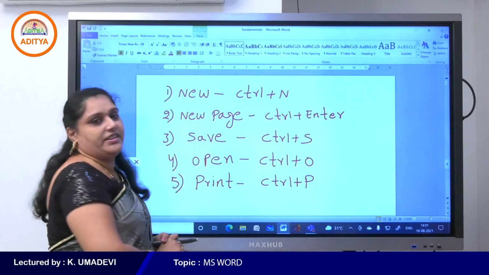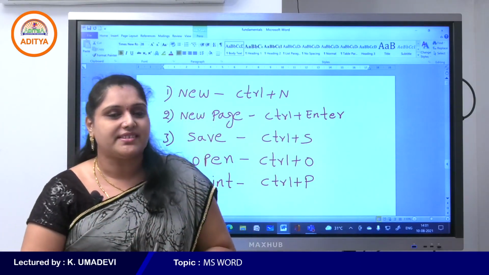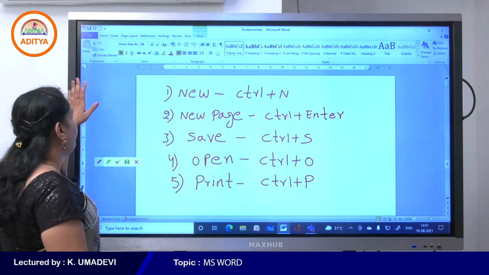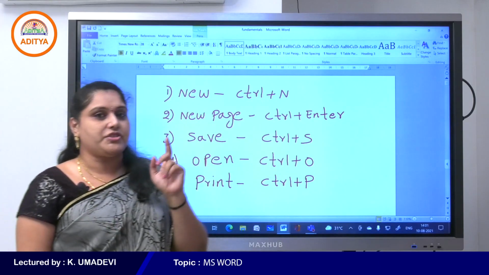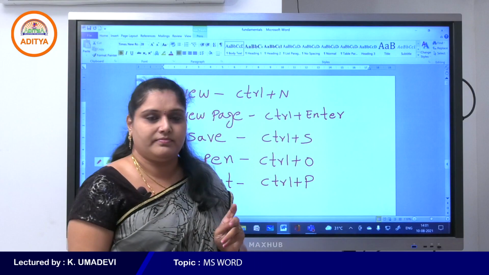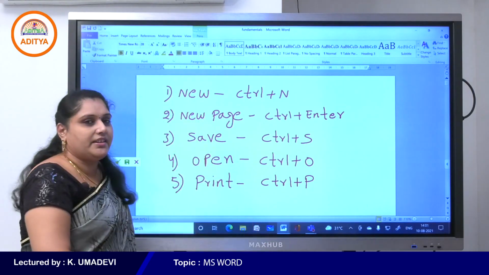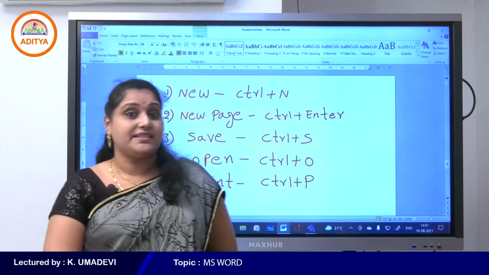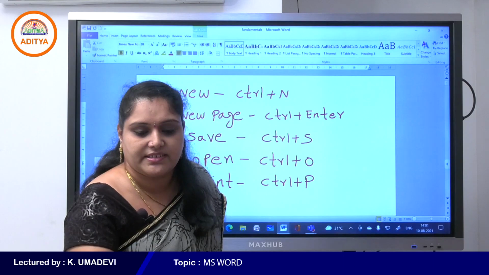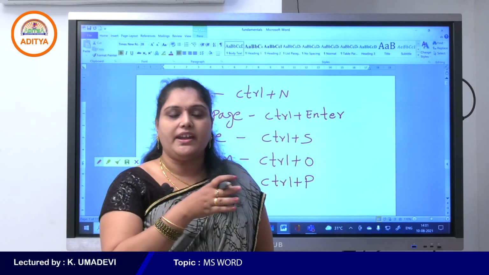Okay, now my question is, what is the difference between Save and Save As, students? Under the File tab, we have two options. The first one is Save and another one is Save As. We already discussed this in the previous class.